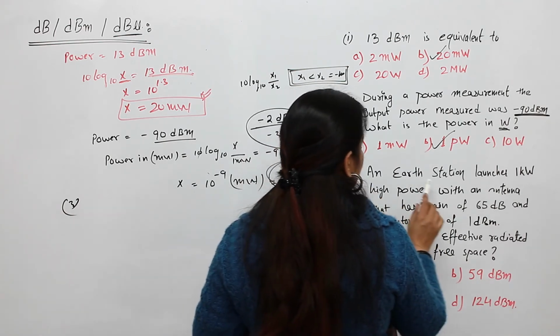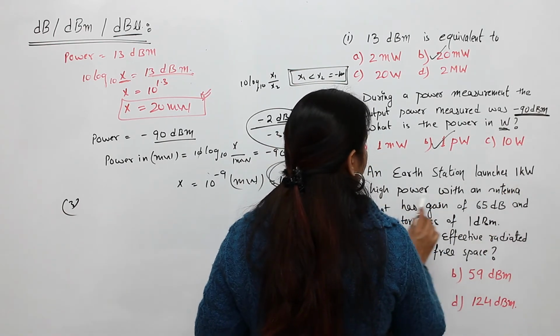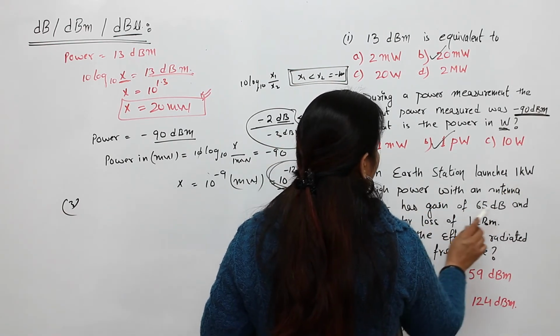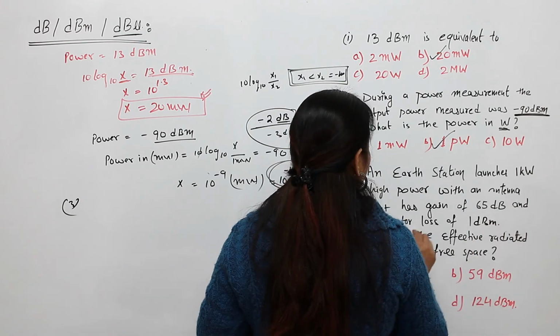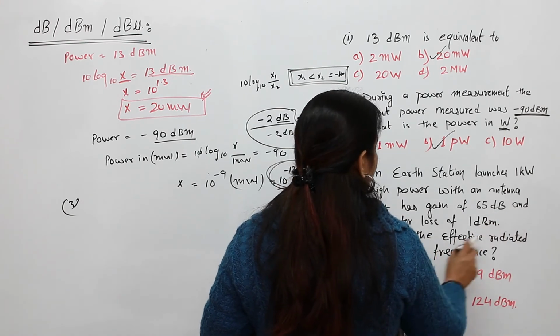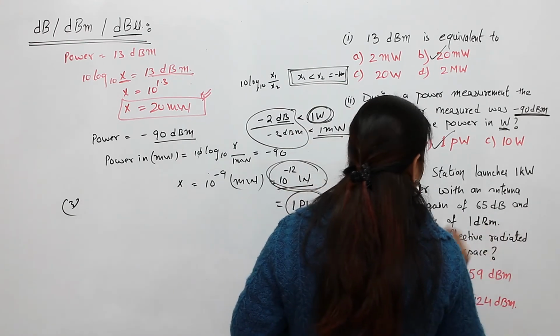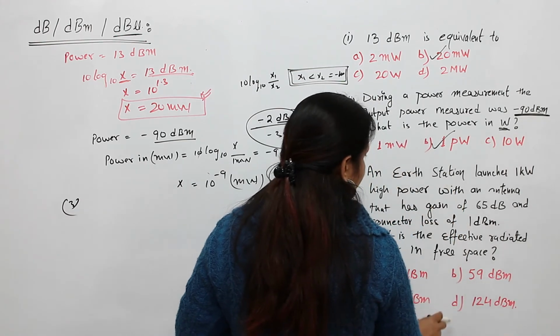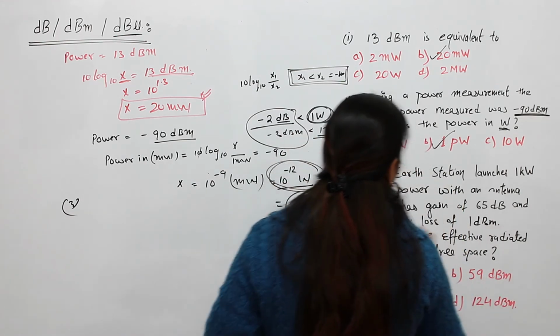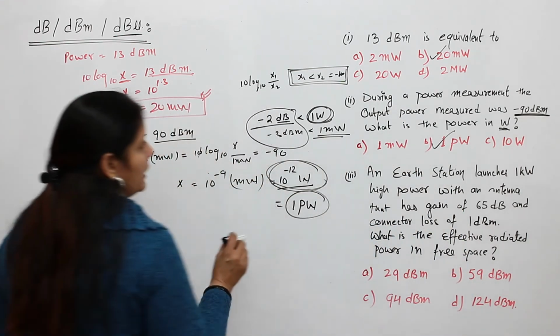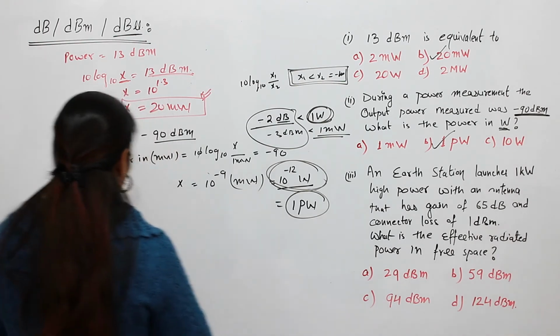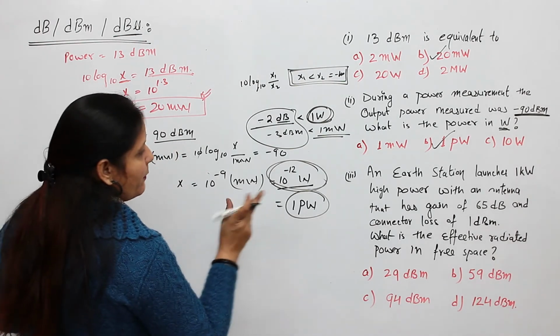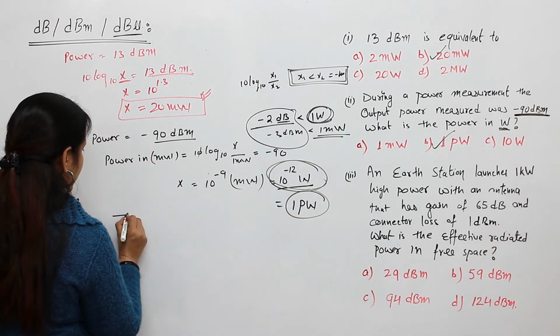Okay, an earth station launches 1 kilowatt high power with an antenna that has a gain of 65 dB and a connector loss of 1 dBm. What is the effective radiated power in free space? And all the options are given in dBm. So we have to convert all the given units into dBm. And what does this problem say? It states that 1